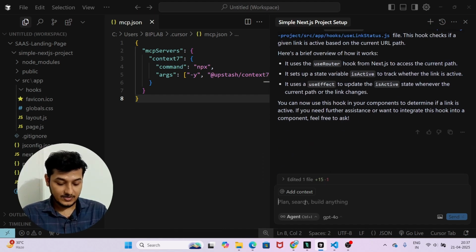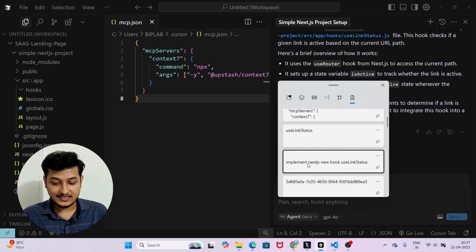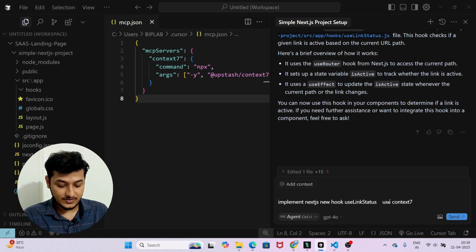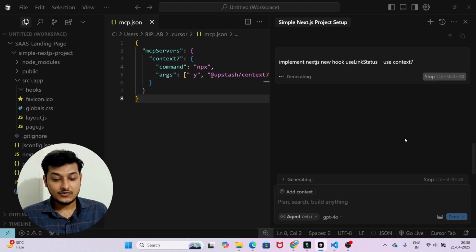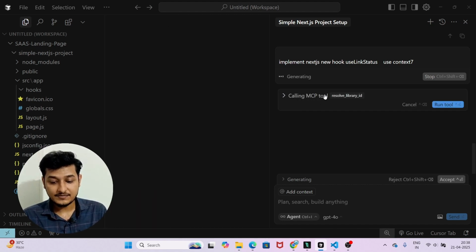Right now I will give the same prompt: implement Next.js new hook using status, and after that I will just write one thing: use Context 7. So just write these things, use Context 7. Now click on enter, and you will see the magic. Here you see that it is calling the MCP tool resolve library ID. Now click on this run tool,